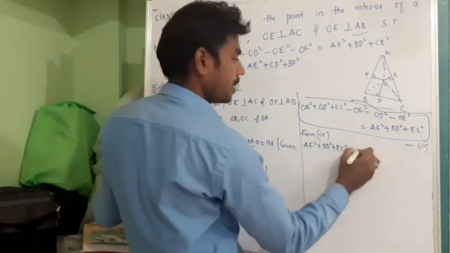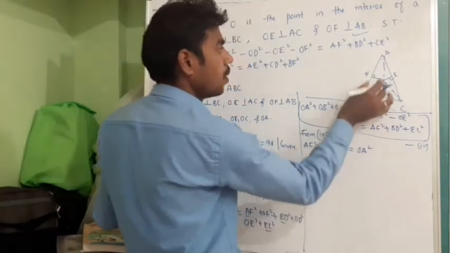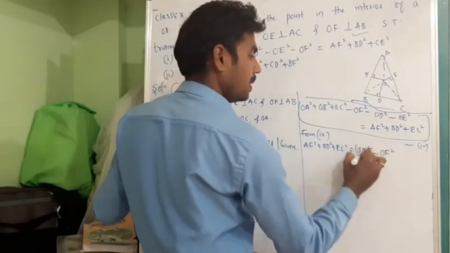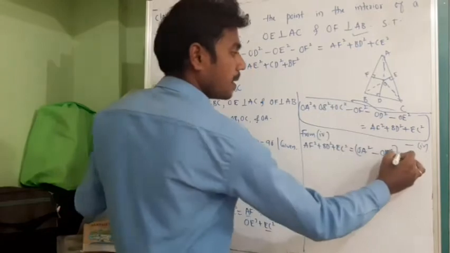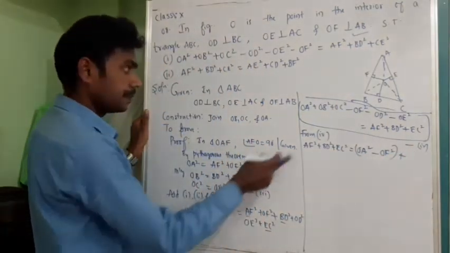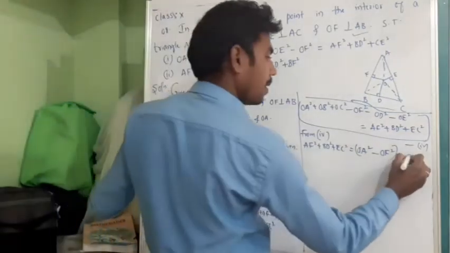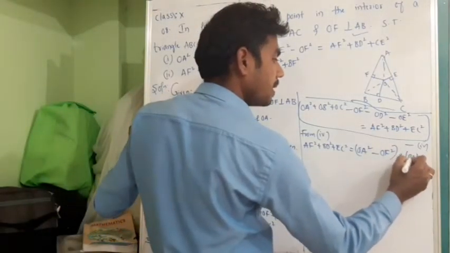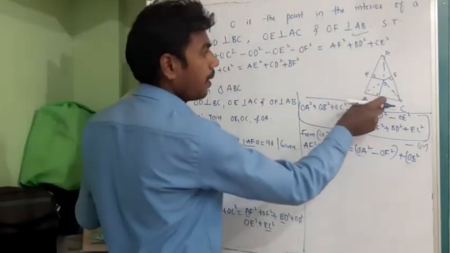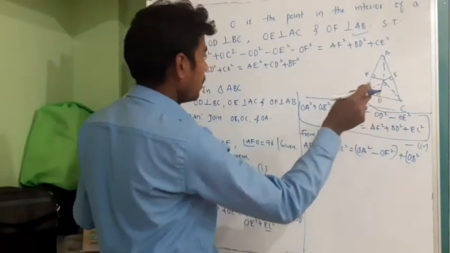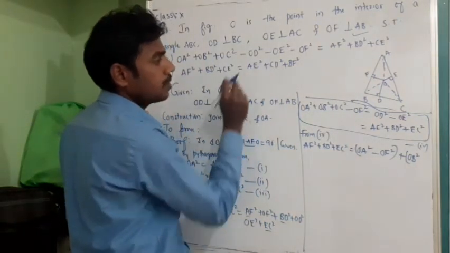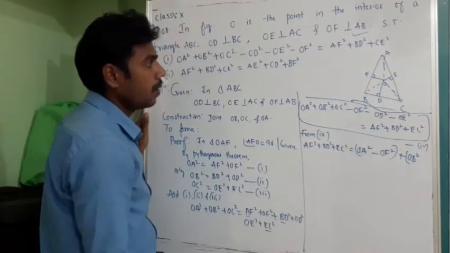So OA square is there. OA square minus OF square, is it there? Yes, it is there. Grouping is very important. Next, plus. Next, what is there? OB square. OB square minus, see what I need, BD square. To get BD square, I need CD square, sorry. I need CD square. To get CD square, what I need,